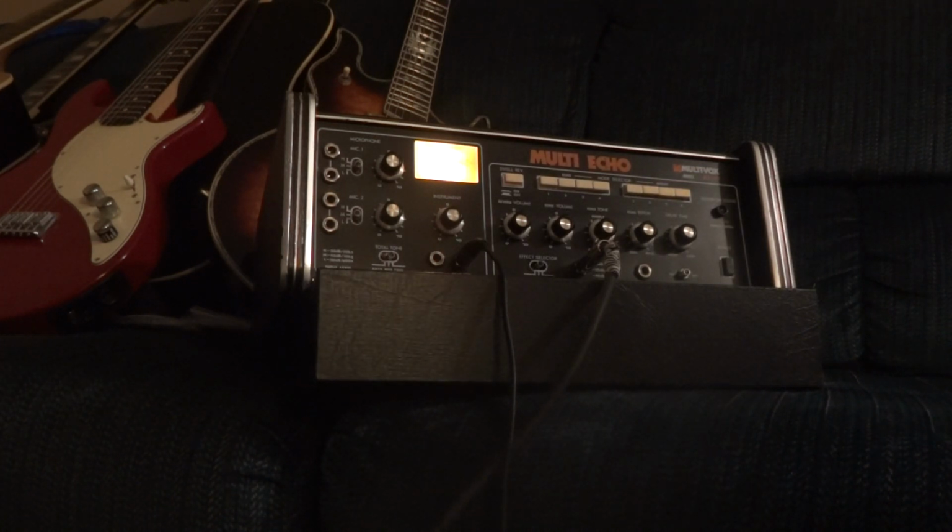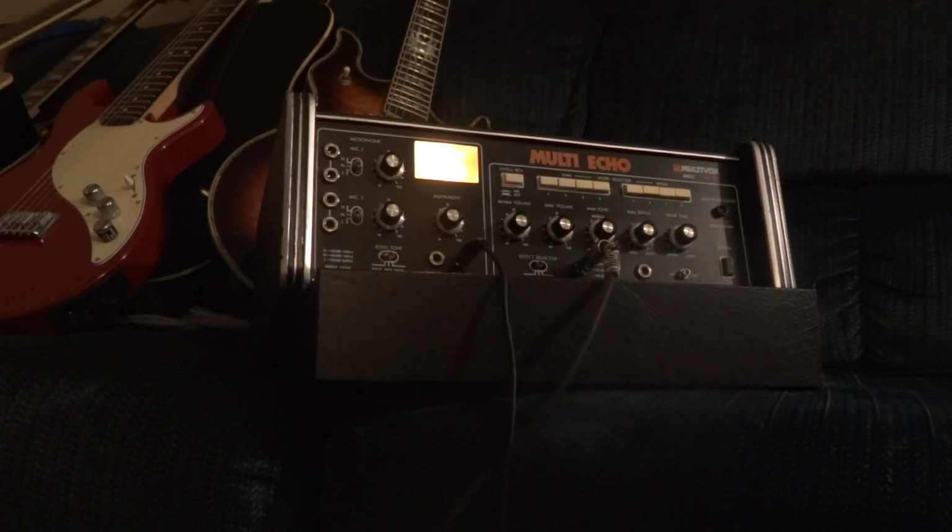I never realized the popularity of these till I started looking, and apparently people are buying these sight unseen, working or not, for a good bit of money. So anyway, wanted you to see how this one's performing, wanted you to be happy with it, and it probably needs going through a little bit after sitting for 25-30 years, and if anything needs replaced, tape head or anything,